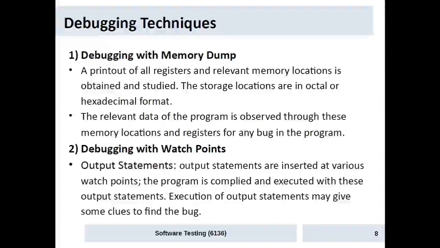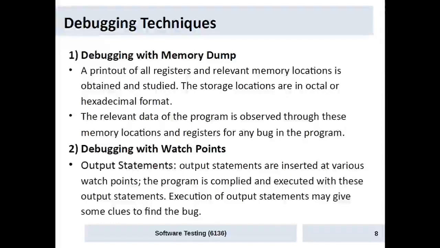First one is output statements. This is a common method used. We will insert output statements at various points to print the value of the variable. So in the output log we will be able to see the value. So we can say like a loop counter. As part of every execution of the loop, we can print the value of the loop counter to see how many times the counter is getting incremented, like that.